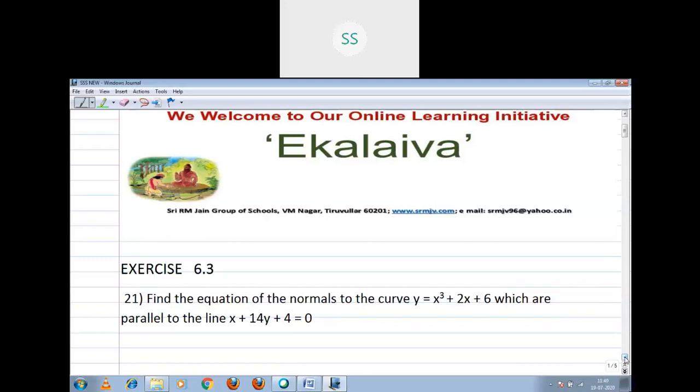For finding the point, I'm going to use the given information. The word parallel only will help you to get the value of x and y. Now I am going to differentiate the given curve equation. First, we have to think about what we want to do, and then enter into the solution part, right?